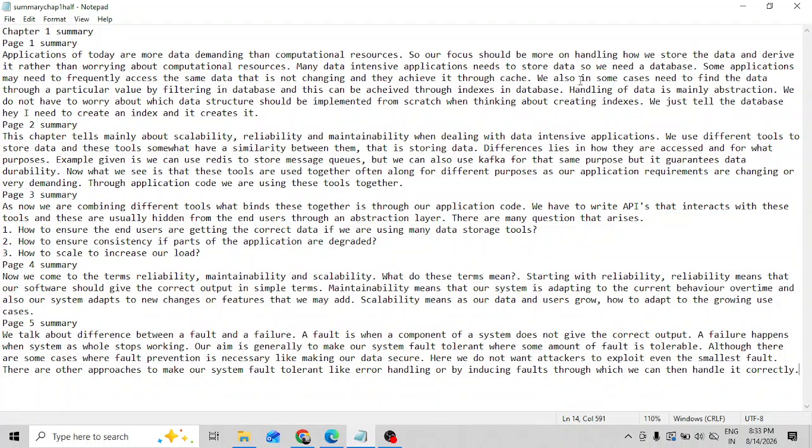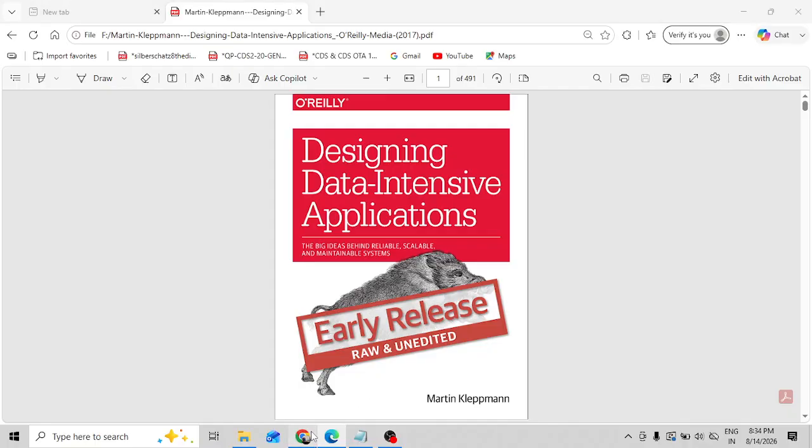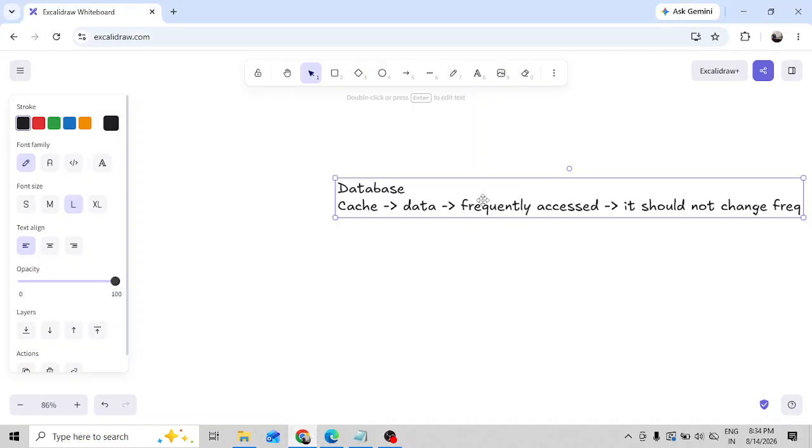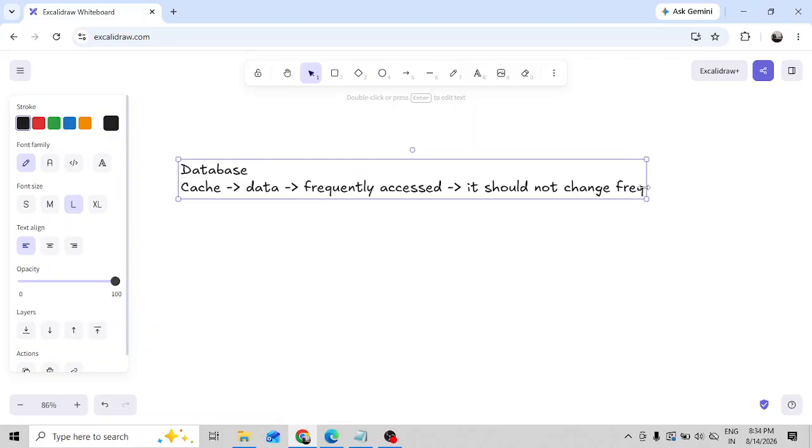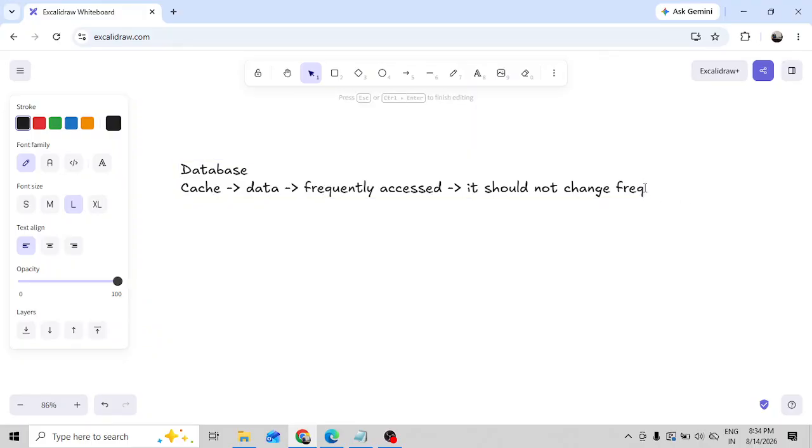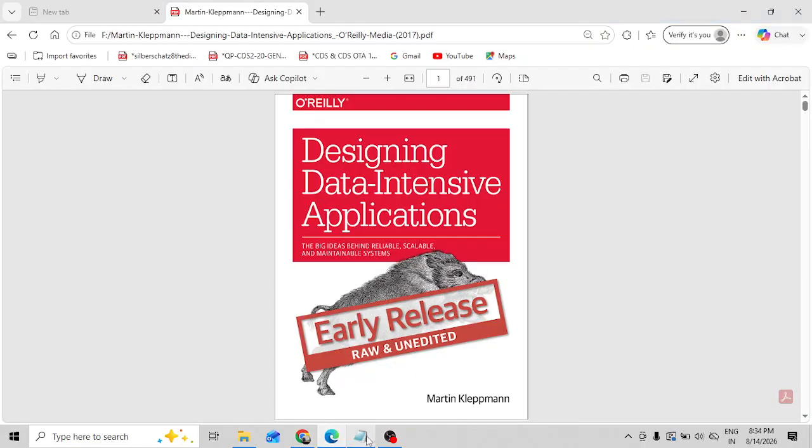Okay, so we also in some cases need to find the data through a particular value by filtering in the database, and this can be achieved through indexes in the database. So we require an index, because an index helps us to filter the data out, right? So indexes are required to filter the data out, and